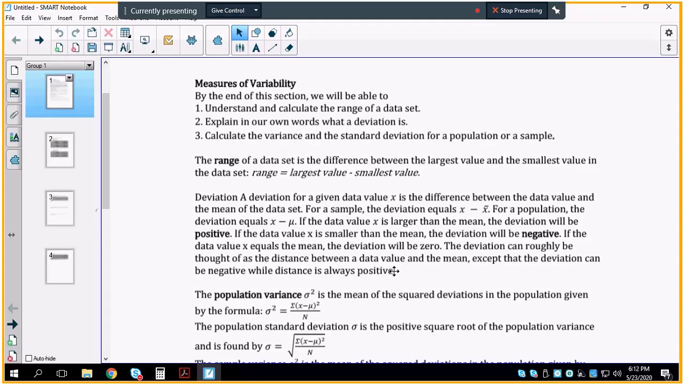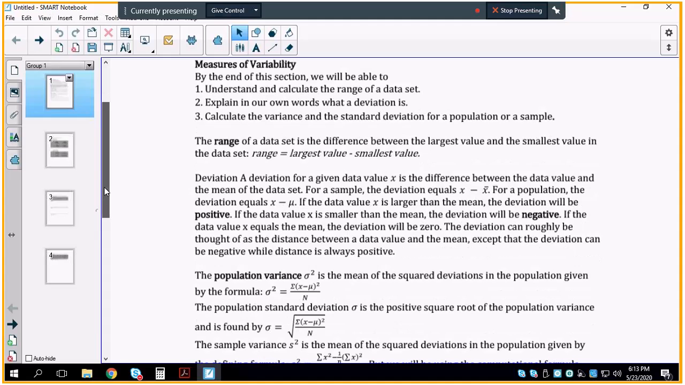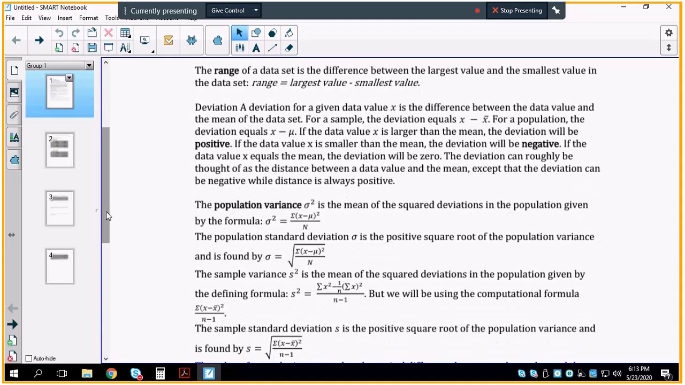By the end of this section, we will be able to understand and calculate the range of a data set, explain in our own words what a deviation is, and calculate the variance and the standard deviation for a population or a sample. The range of a data set is the difference between the largest value and the smallest value in the data set. So how does that help us understand the porosity